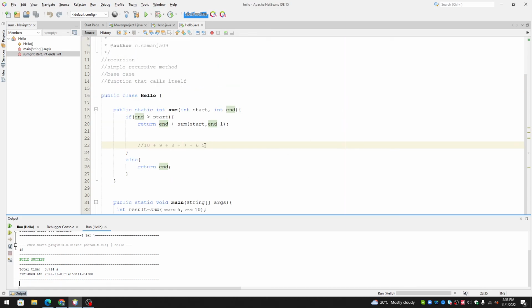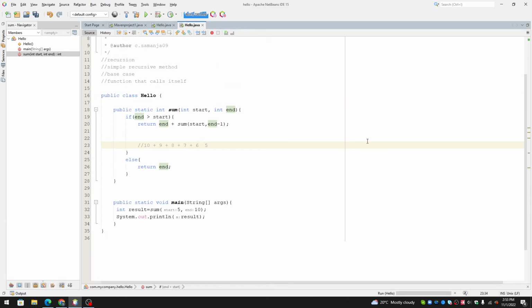So this is how a calculation works in recursion. I hope you understand recursion. Now, I hope you have a